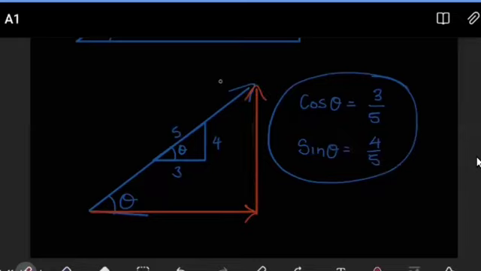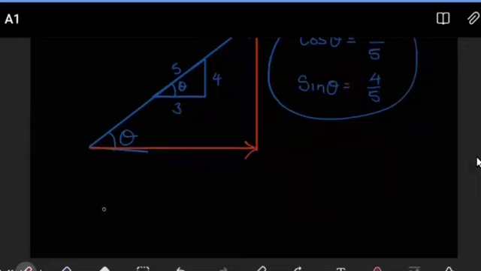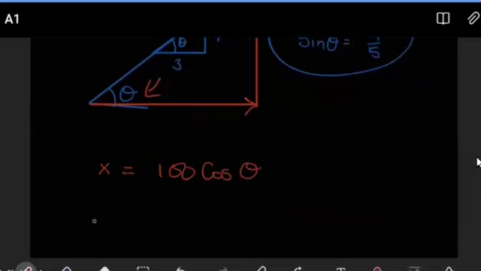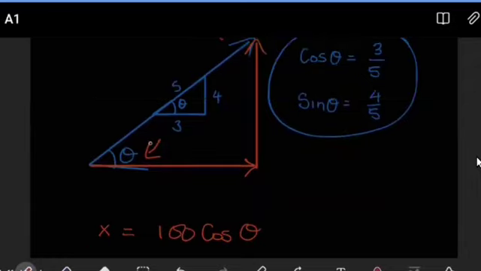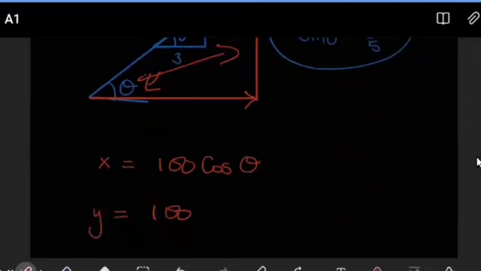Let's say the vector is 100 newtons again, meaning to get its horizontal component, you will say it's the 100 newtons and then cos the angle here, theta. And then to get the vertical component, you say it's 100. And since the angle relates there by sine, that will be